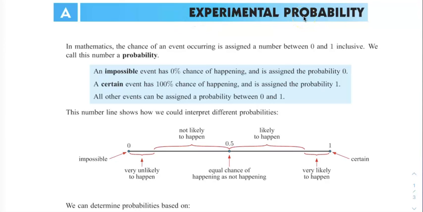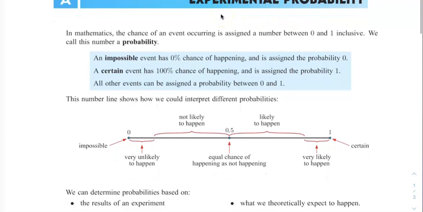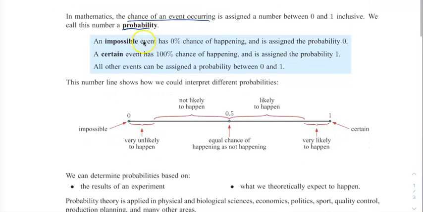Experimental probability. So first let's talk about what is probability. Probability is just a chance something is going to happen. That's it. What are the odds of this thing happening? That's probability. Now, probability goes from 0 to 1 because we say if it has a 0% chance of happening,